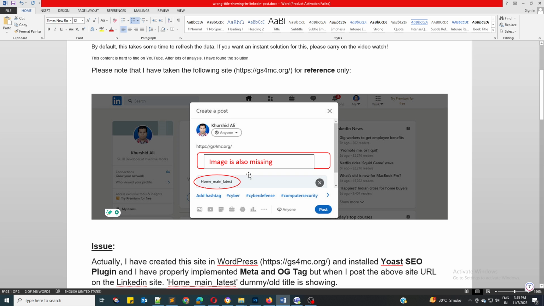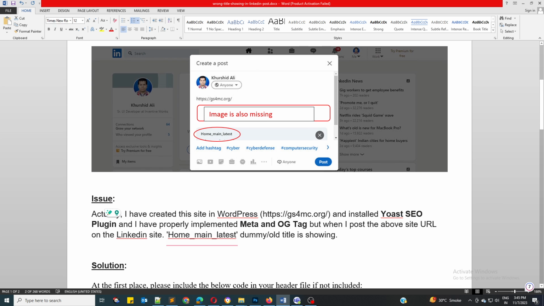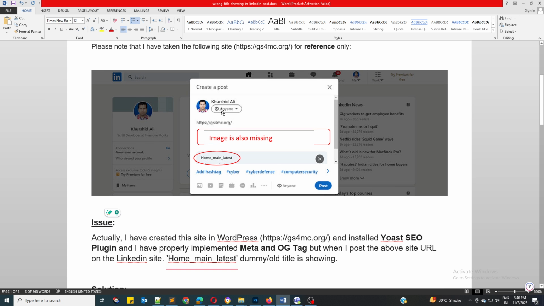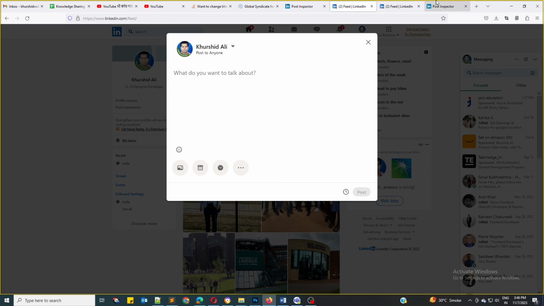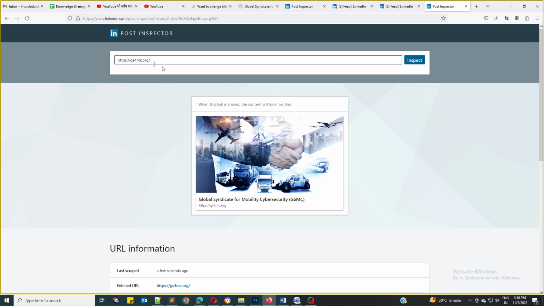Even after I had implemented meta and OG tags, my data was not refreshing. Then I found this solution, and after hitting this button and entering my site, I successfully got my latest data. I'm showing you.